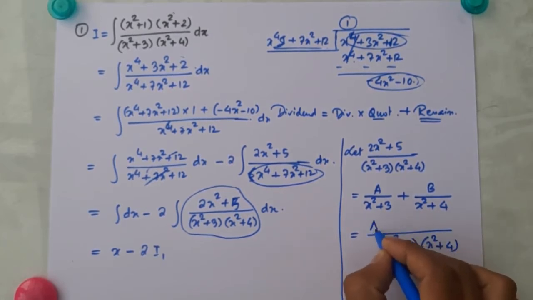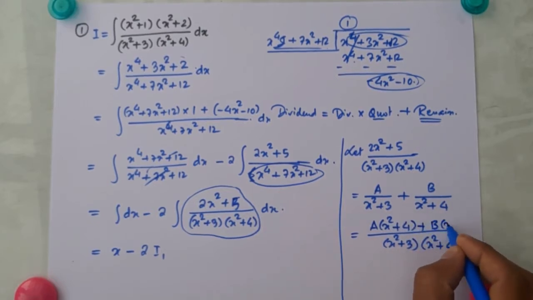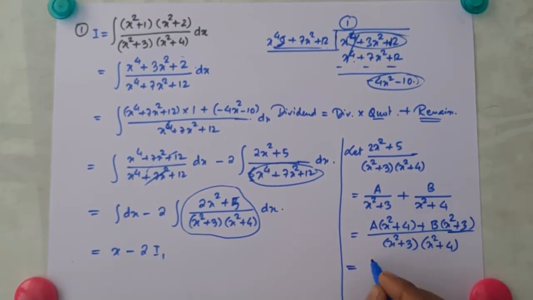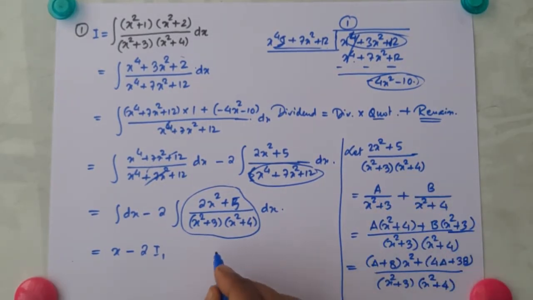So this becomes a into x square plus 4 plus b into x square plus 3, right? So this is a plus b x square plus 4a plus 3b divided by x square plus 3 into x square plus 4. Now you see that denominators are same, so when you compare both sides,